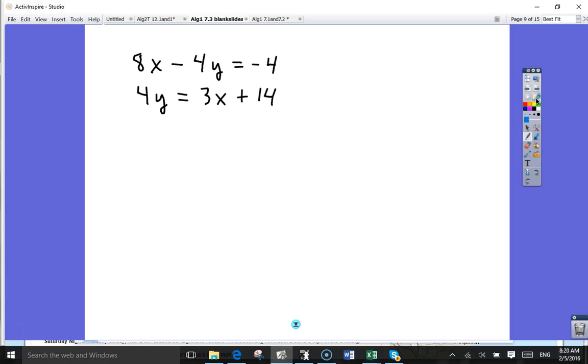So can we solve this one by elimination? Can we move on to the next step? No. We can't because they're not in standard form. That's why in the last unit some of the questions were, put this thing in standard form. The first one's in standard form. How do I make the second one in standard form? I need to get the x term over here. So let's just subtract 3x from both sides. Okay? So the new system of equations will look like